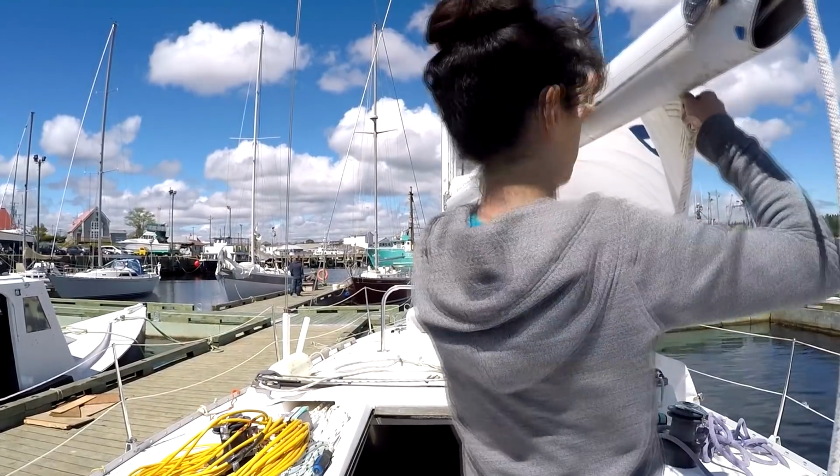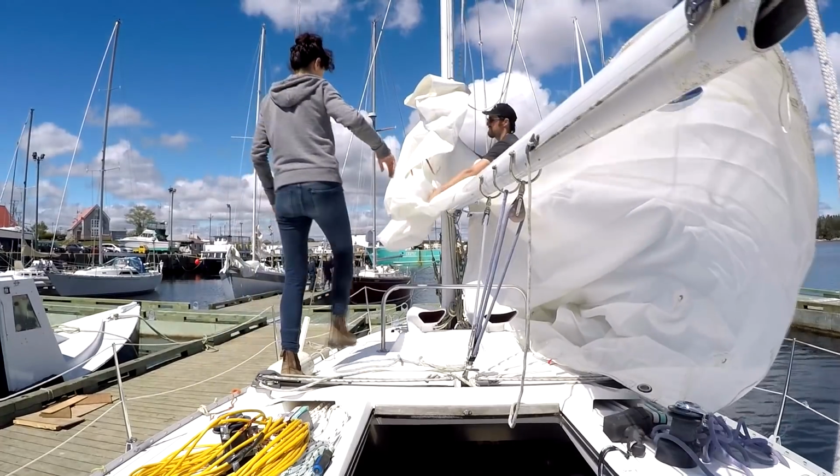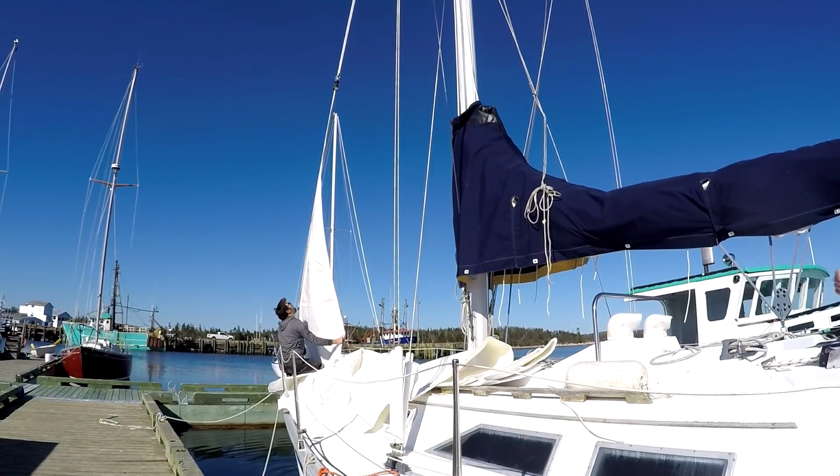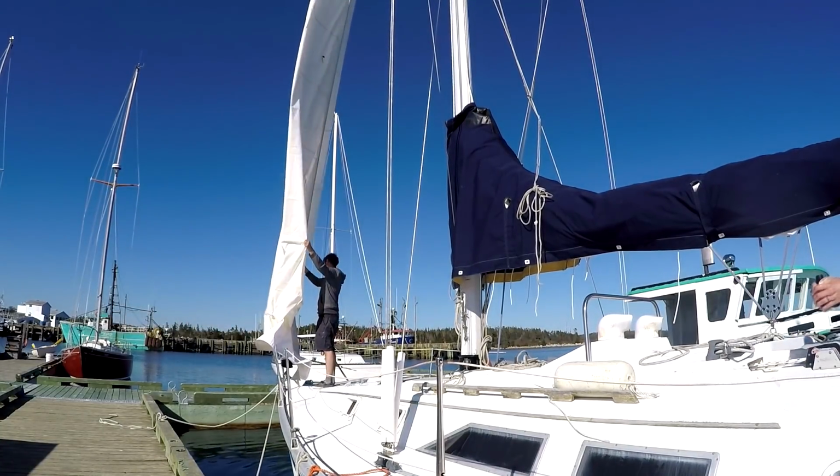Sails. So we took our sails to North Sails to get them checked out. Like I said, this boat hadn't been used for a good 3 years at least, so we had no idea what the condition would be like. But we were pleasantly surprised. They got back to us that the mainsail was in great condition. The jib was good. Well, it was the original jib, and it wasn't a furling jib, but there was a furler on here from the previous jib that got ripped off by a storm. So they converted our original to a furling jib,